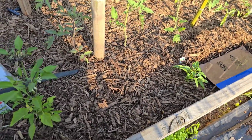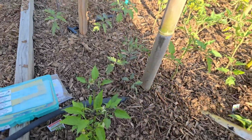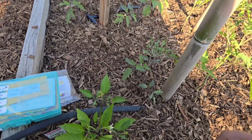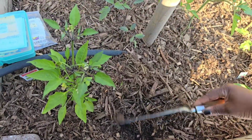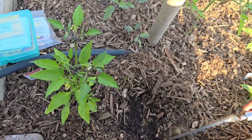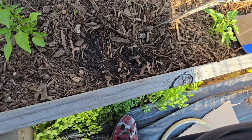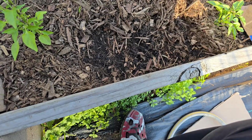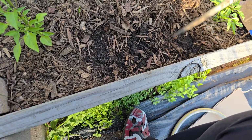Carrots use a little space, so I am planting them between the peppers and this side of the bed, and I'm pushing back the mulch from the bed, or from the edge I should say. Trying to see around what I'm doing, not through the camera here. So I'm pushing it back from the edge,